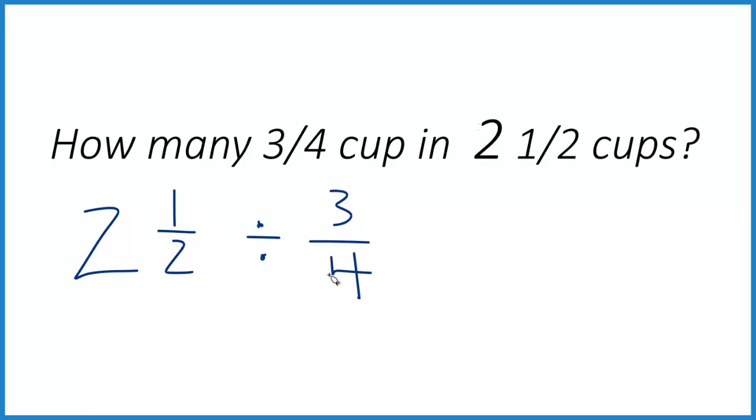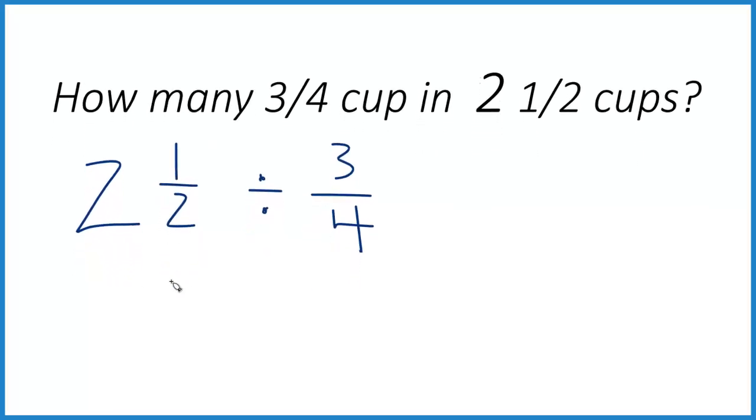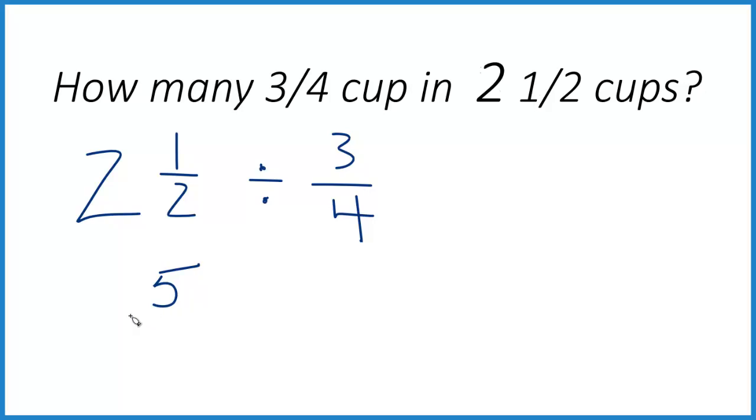To do that, we'll take 2 times 2 is 4, 4 plus 1 gives us 5. Keep the 2 the same. And 5 over 2 has the same value as 2.5. They both equal 2.5. But now we can work with these fractions since they're